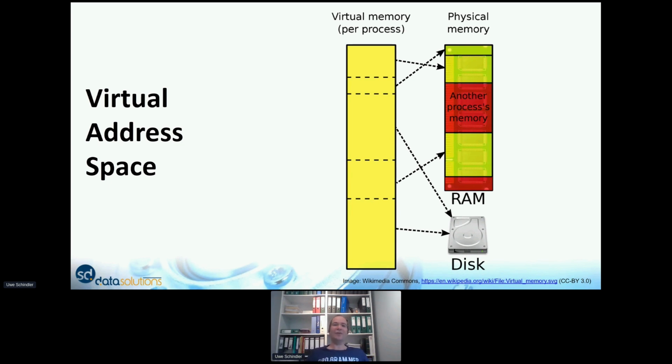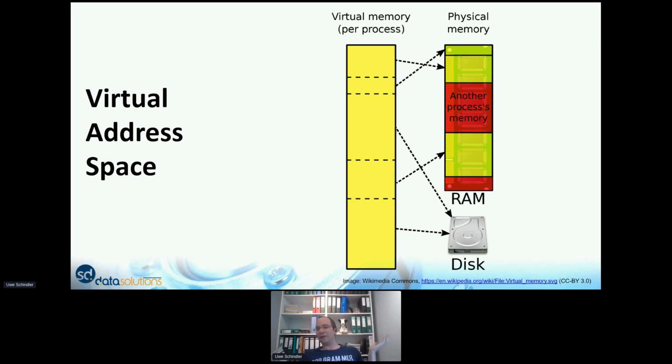Nobody is doing that. What happens is every operating system process, for example your Java virtual machine, gets its own virtual address space where it can do whatever it wants. And it can only access exactly that virtual address space. There's no way to access outside memory. And the trick here is to map that virtual address space, which can consist of several spaces, to your real physical memory. So that's just something like a virtualization behind.